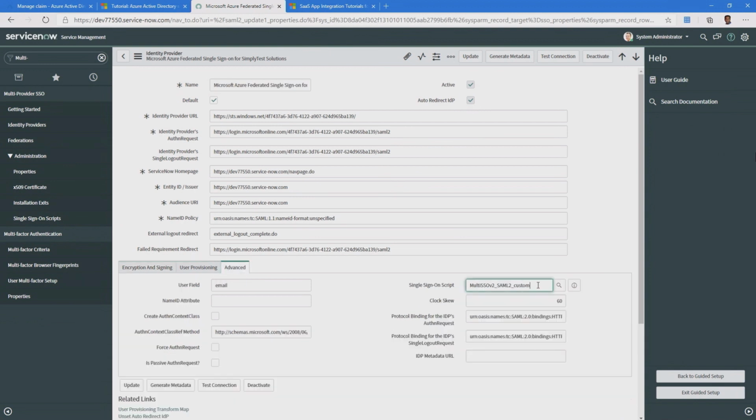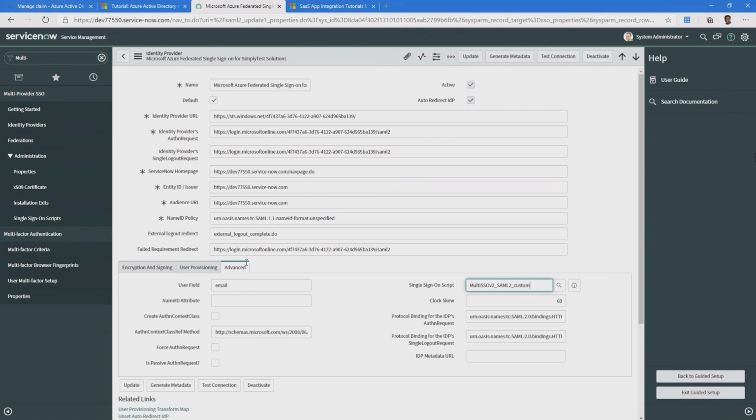I have seen sometimes customers struggle on the single sign-on script, but I have observed that using this script always works. So make sure that you choose this script, and that should fix your issue. These are the common suggestions which I have for you, but this is how you can quickly configure Azure Active Directory and ServiceNow for single sign-on.